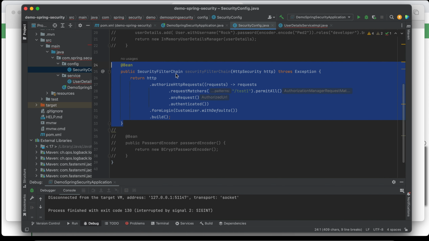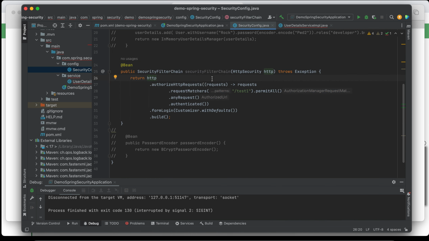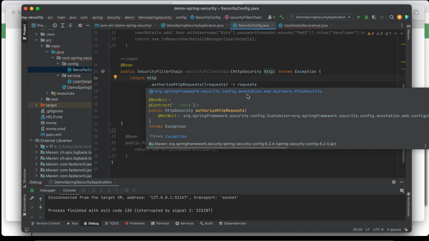Security filter chain basically has the HTTP security parameter, where we can configure the object, right, by specifying which